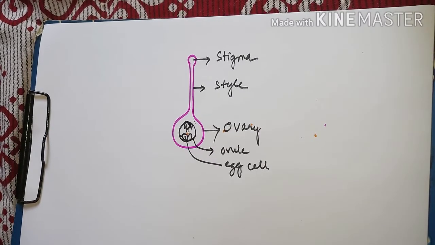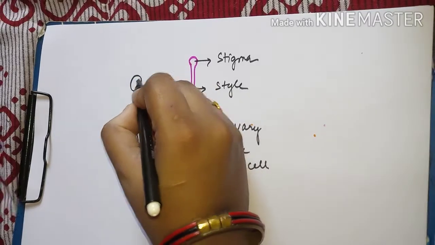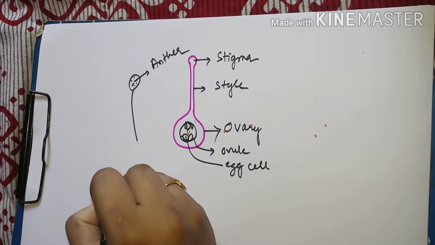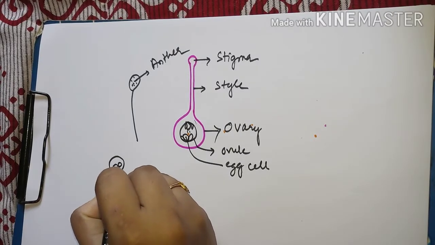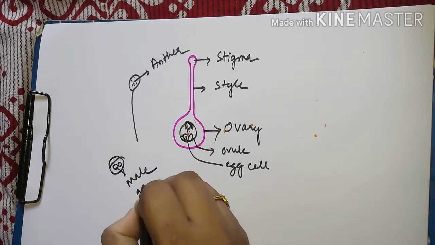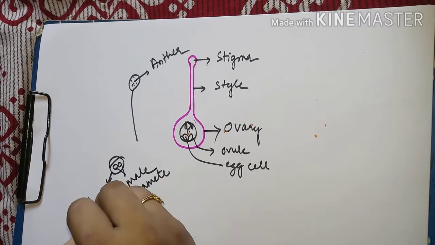Now, for carrying out reproduction and the process of fusion, which is syngamy, there are some specific points that we discussed in our last class. The first point was the formation of gametes. Where will the gametes be formed? Male gametes in the case of flowers are formed in the anther. If this is the anther, the male gametes will be formed in the anther, and will be present inside the pollen grain. If this is the pollen grain carrying the male gametes, there will be around two male gametes.